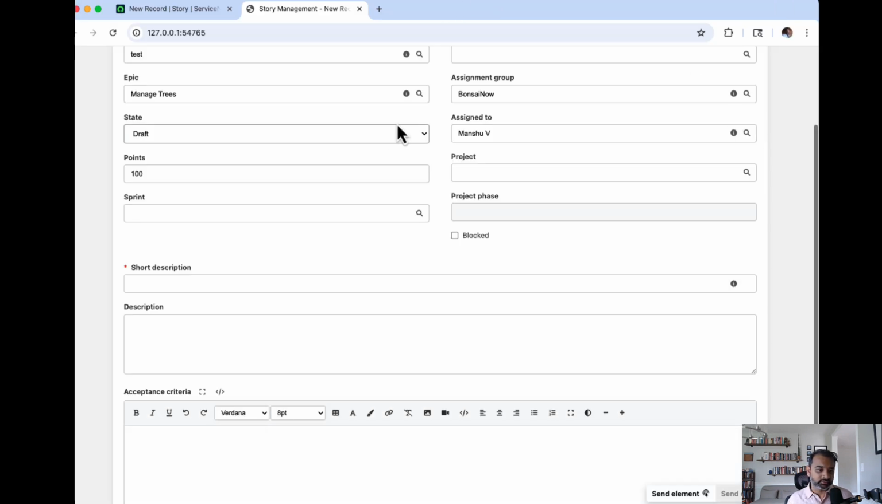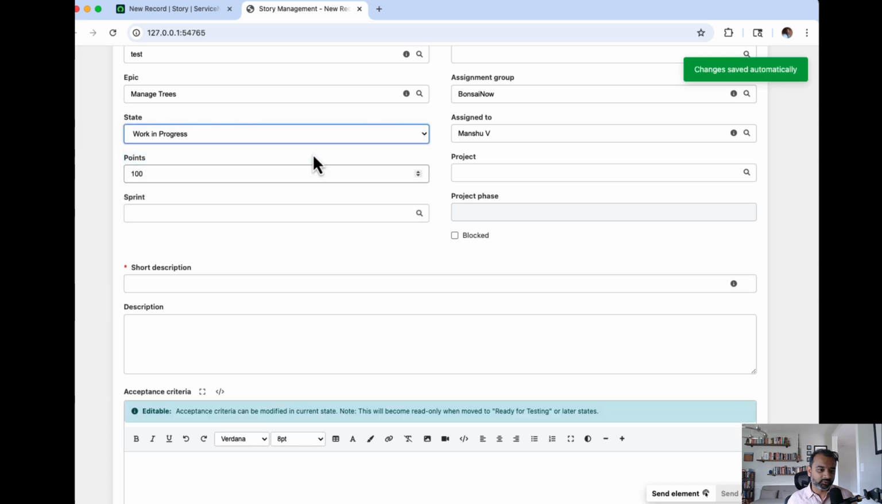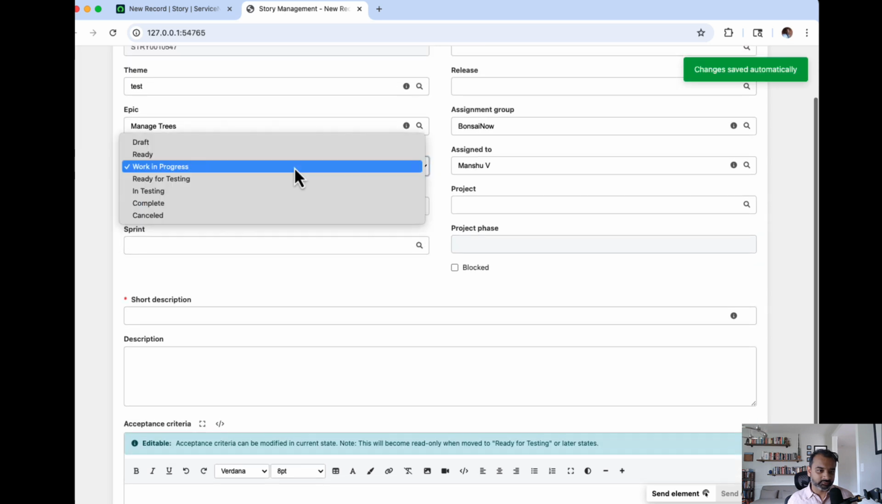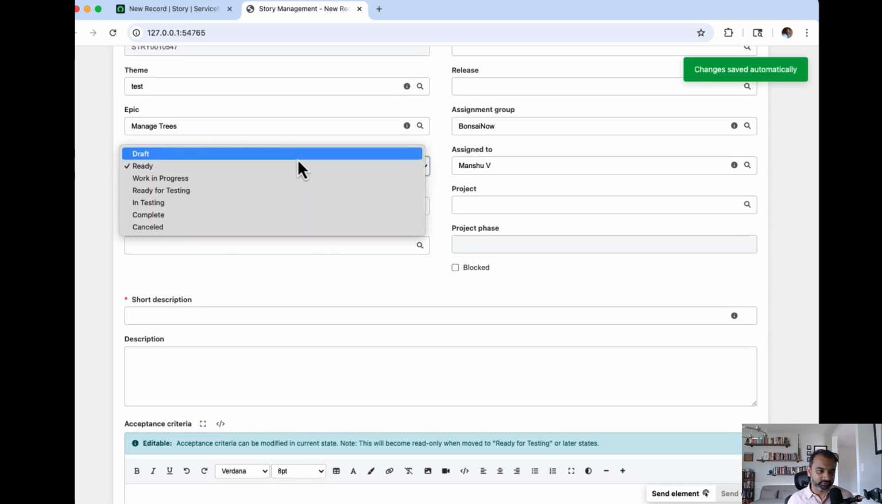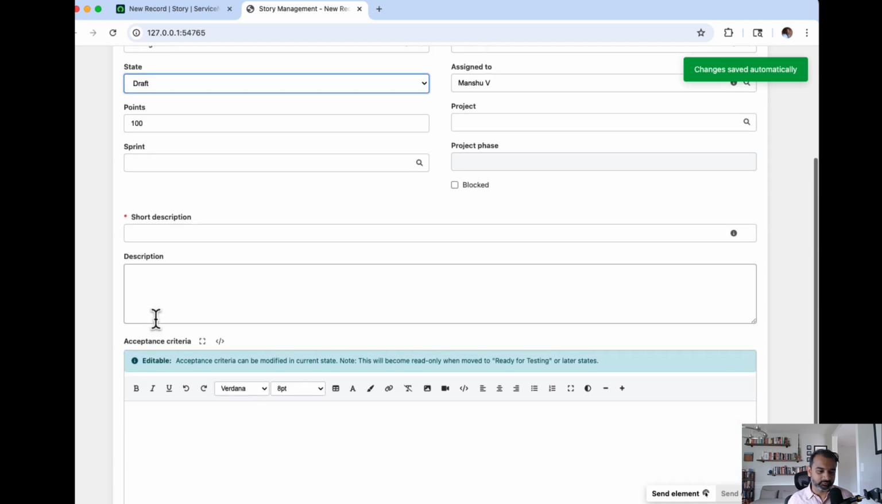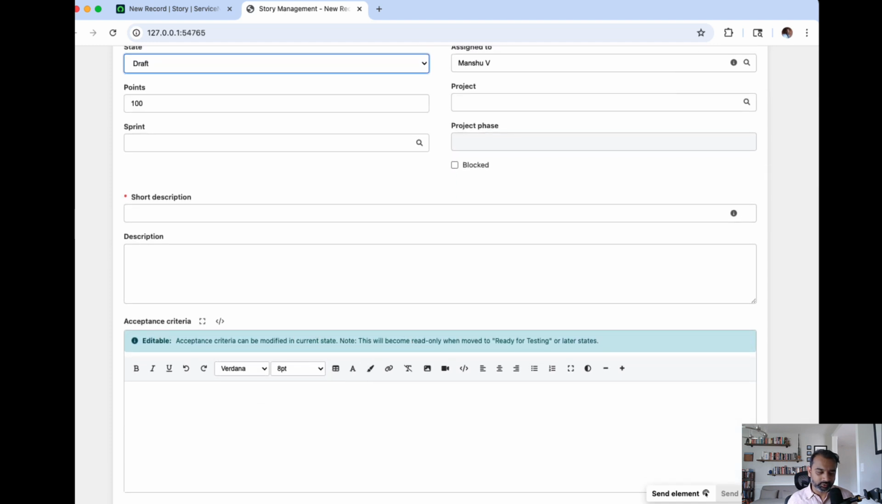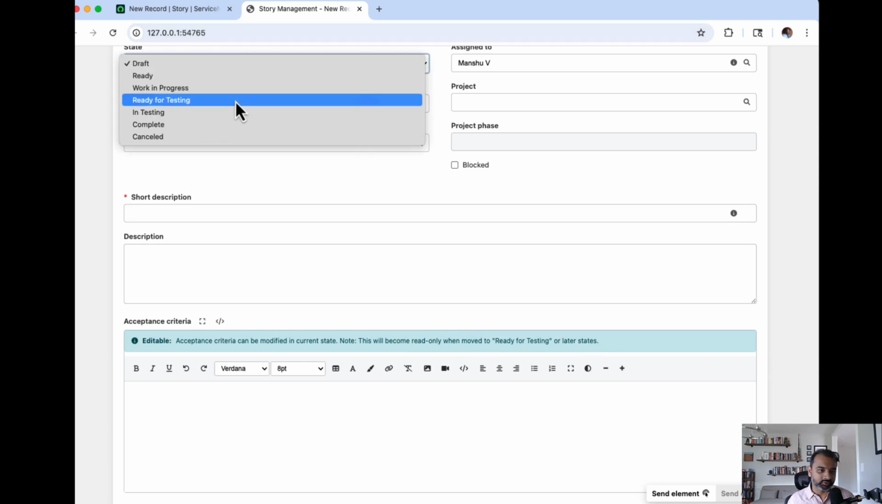So again, let's put this. Okay, so when you put this on draft, you do have a message. Okay, so you have a message always, and it says acceptance criteria can be modified. It will become read only when ready for testing or later states. And when it becomes read only,